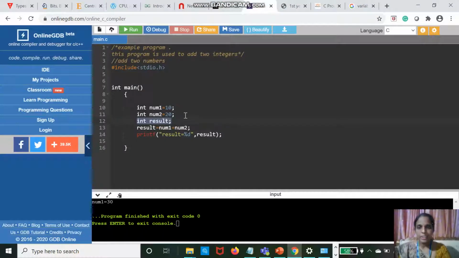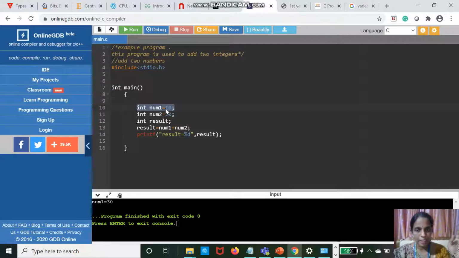Take your program. Here it is written int num1 is equal to 10, right? So reserve a space, the space name is num1 and value of space is 10. So what is int? Int indicates we are reserving a space that can hold only integer values. That is the meaning of int.